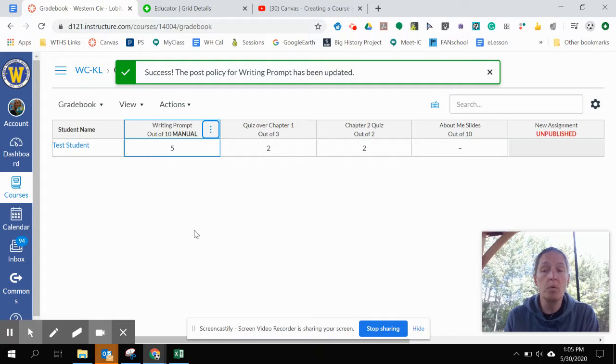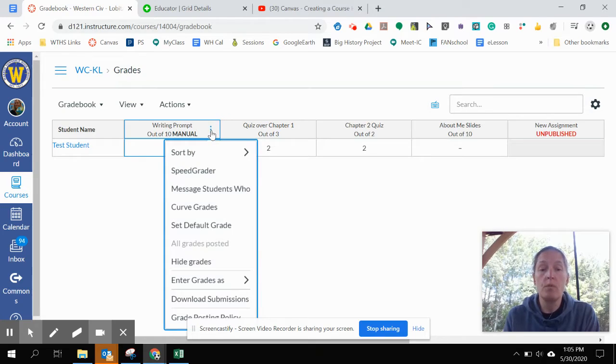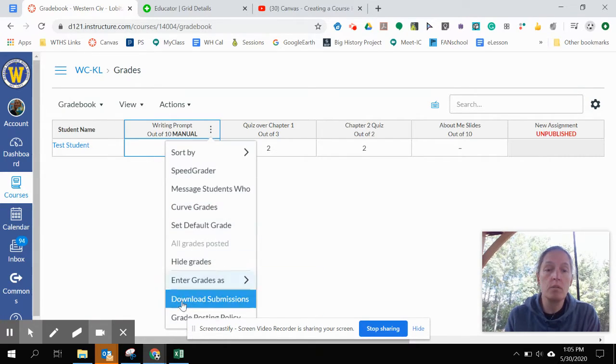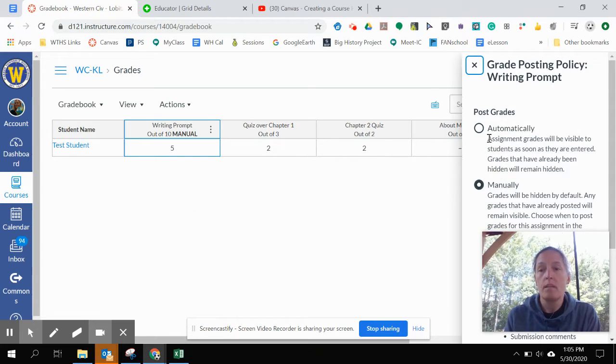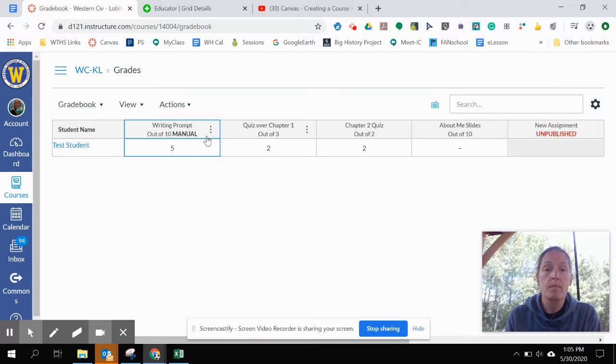Those grades will not go to PowerSchool until you publish that assignment to the gradebook. So if you go down there and you go to grade posting policy, you can post those grades if you want to. Or if you click here and you click on Speed Grader,